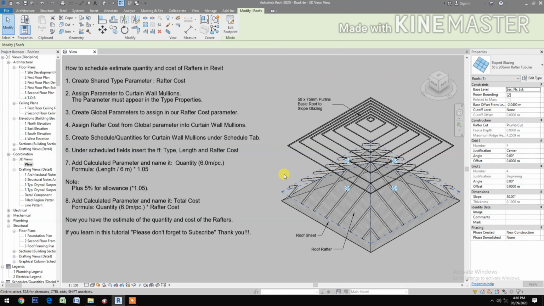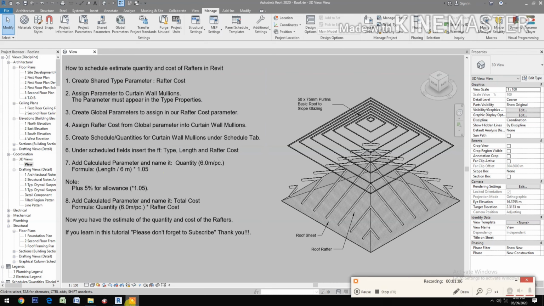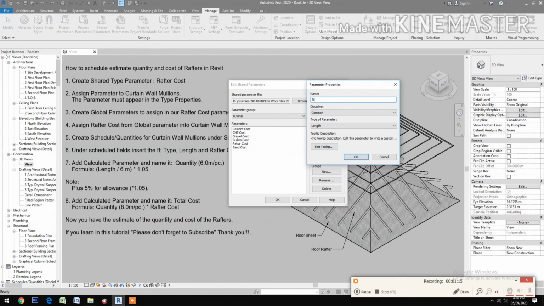Okay, so let's create shared type parameter. Then we go to the manage shared parameters, new, Rafter cost, type of parameter, currency. Okay,